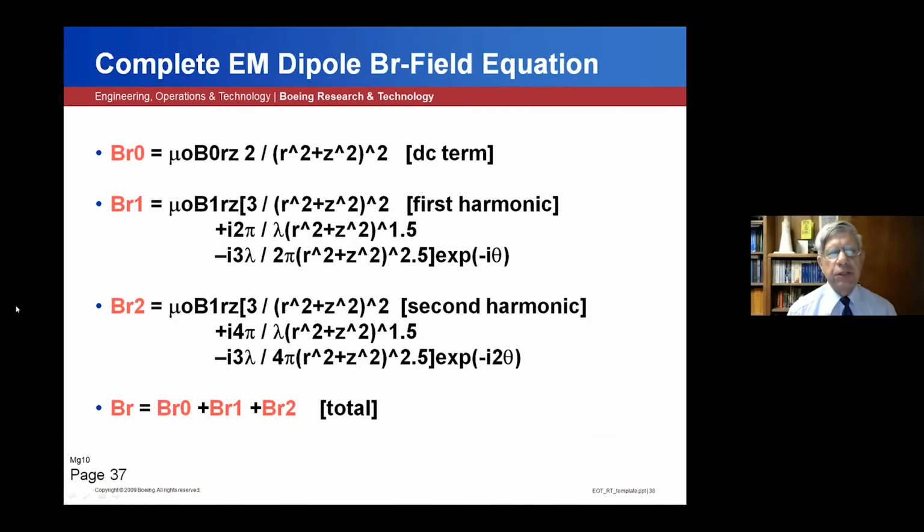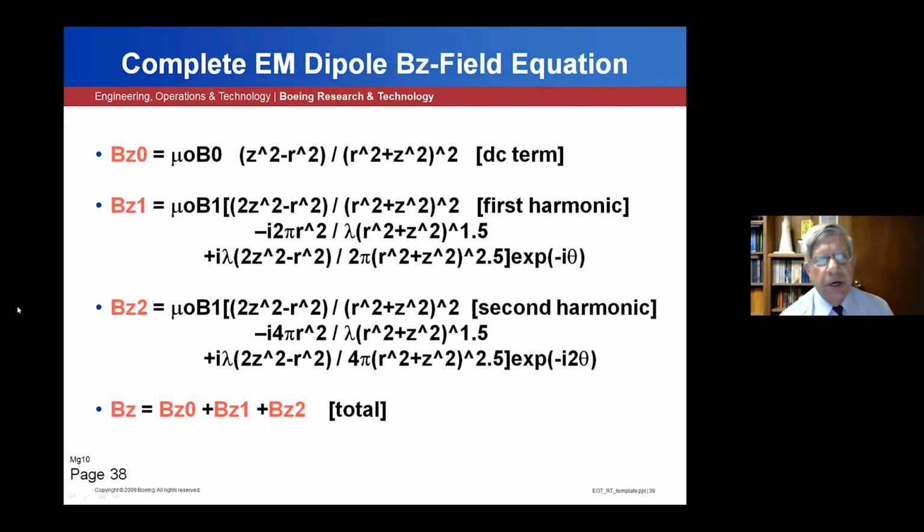Next one, we go and take a look at the individual frequencies. Okay, this is the B field. All the nasty mathematics there, the fundamental DC term, and then the first harmonic and the second harmonic. So the total in the radial direction is you take all 3 of those and plug them into MATLAB, and it gets pretty bad. The Z field is about the same, and to get all those numbers crunched, the higher